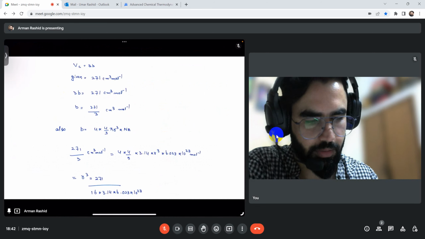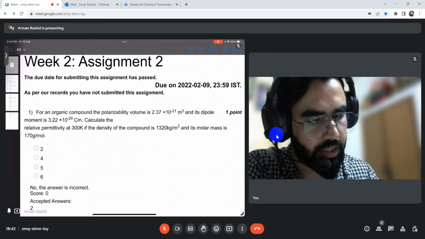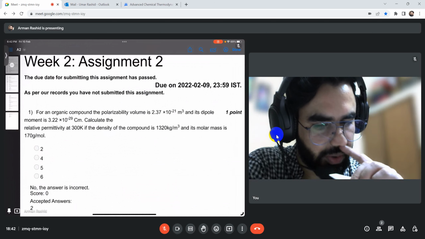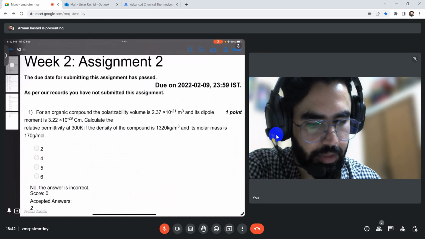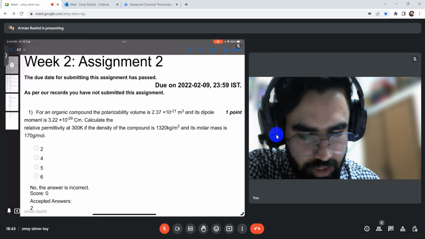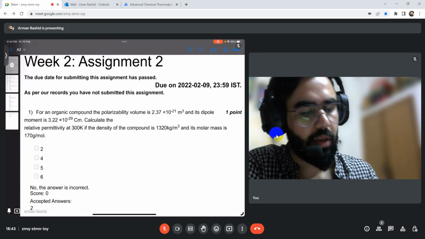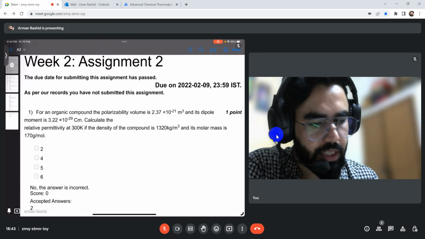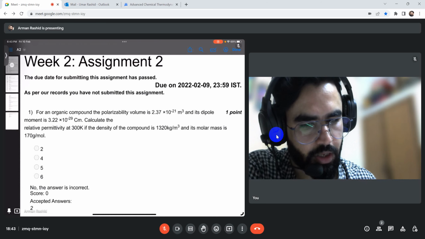For an organic compound, the polarizability volume is 2.37 times 10 to the power minus 2 meter cube, and the dipole moment is 3.22 times 10 to the power minus 12 per centimeter. Calculate the relative permeability if the density of the compound and the molar mass is 170 gram per Kelvin. So polarizability volume is given, and the dipole moment is given. We have to determine the relative permeability at 300 Kelvin. Okay, so for that